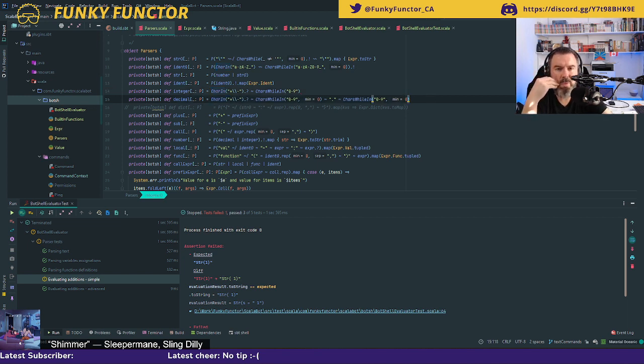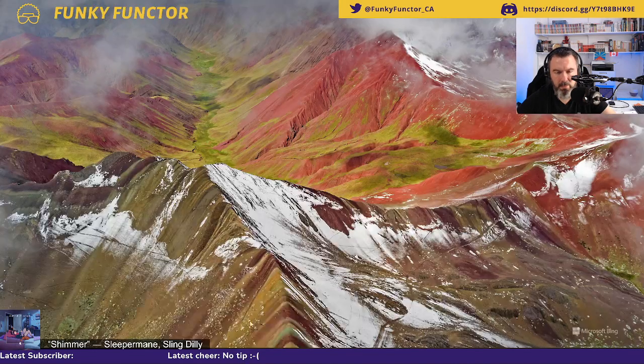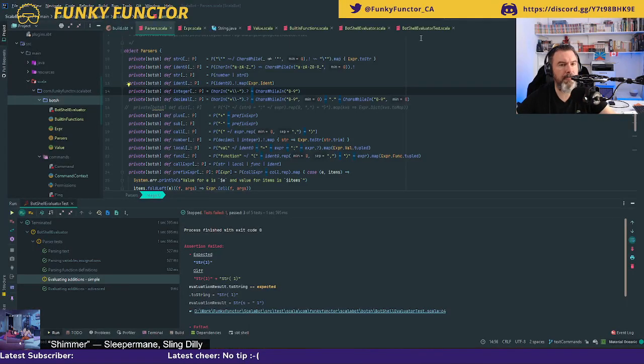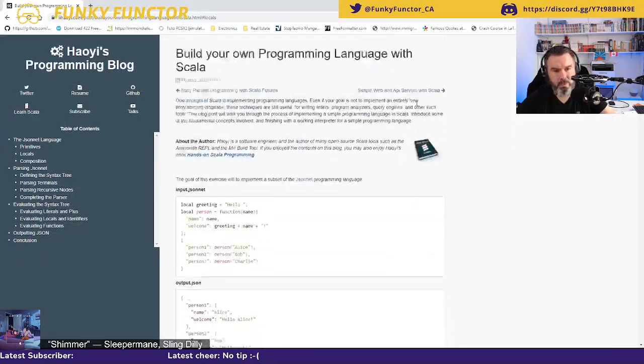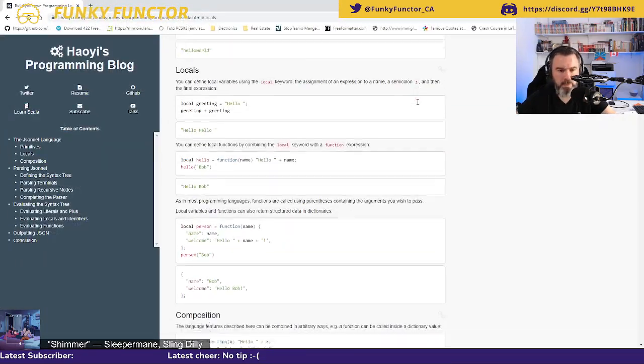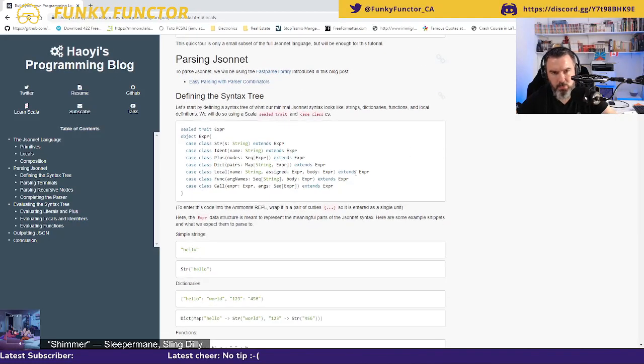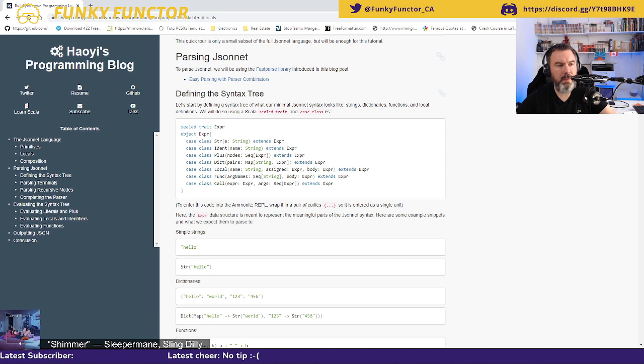And what does this do? What does the forward slash mean again? So forward slash, that is the definition of the language. So this here is the tutorial I'm using. Hey Kiro.